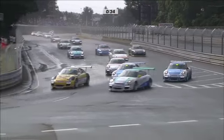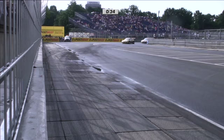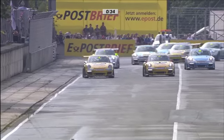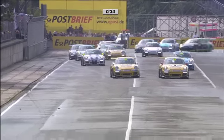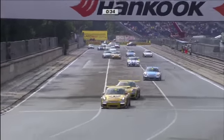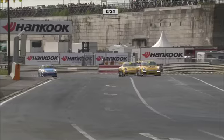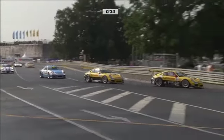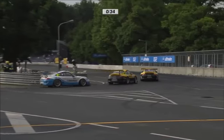Now the sweep here, right and left. And Rast is really trying to push on. He seemed to have a little bit better traction there, and Rast has just passed, hasn't he? Yep, Rast ahead now of Edwards, with Estre in third. Van Lagen up to 4th position after that massive start. I wonder if he'll get pulled up for...